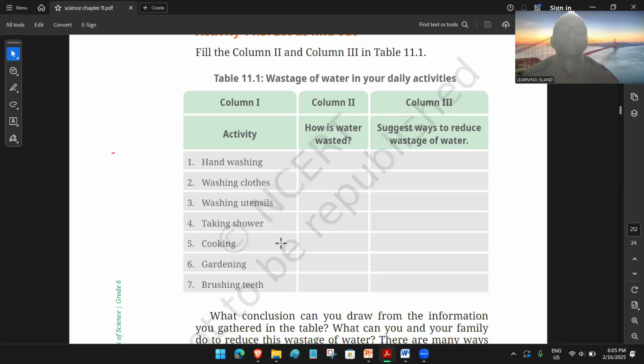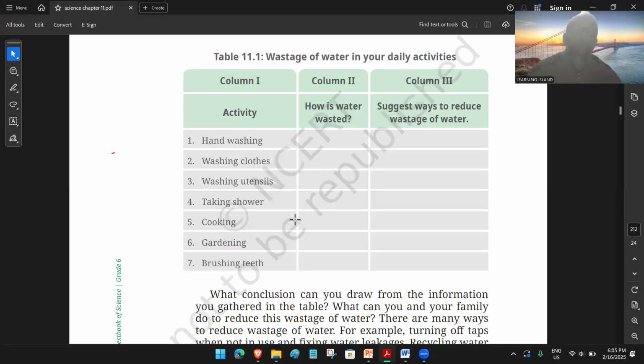अच्छा, now you come here is a question. So the answer is ready with me. You see, they have given some activities, column on the activity hand washing. How is water wasted? Suggest ways to reduce the wastage of water. हैंड वॉशिंग में कैसे वाटर वेस्ट होता है? हम हाथ धोते रहते हैं, पानी गिरते रहते हैं। वॉशिंग क्लॉथ्स कैसे होता है? वॉशिंग यूटेंसिल में, टेकिंग शावर में, कुकिंग में, गार्डनिंग में, ब्रशिंग टीथ में। तो इसका आंसर मैं आपको यहाँ पे देता हूँ, देखो,